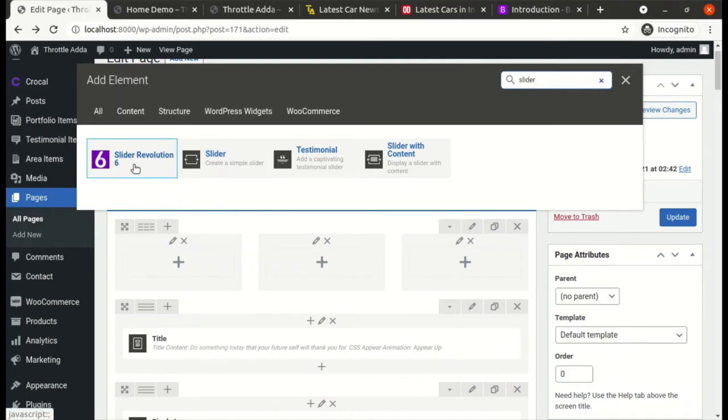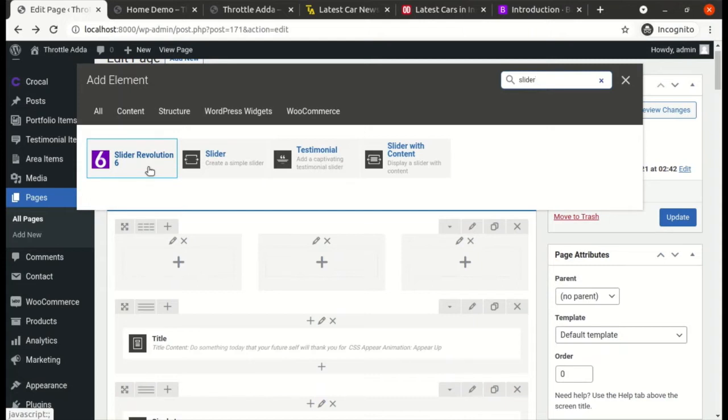The Slider Revolution 6 is one of the best plugins to create banner sliders or small sliders in different sections of your website. If you want to create a very simple slider where there is no text, where there is not much interaction in the slider, then you can create a simple slider with 2 arrows on the right and the left. But if you are looking for a very interactive slider where you can add some nice text on the image, you can animate that text somehow, you should use the first slider, that is Slider Revolution 6.